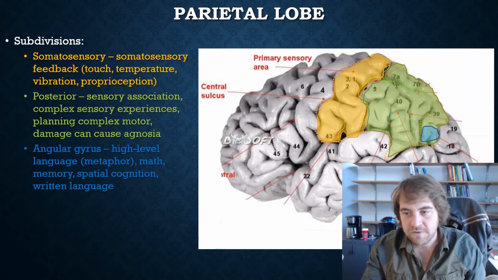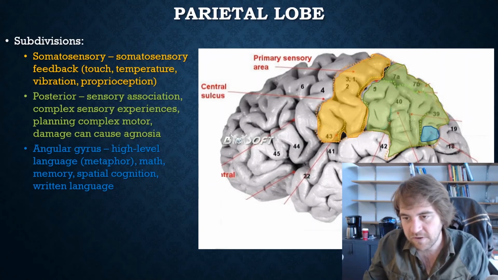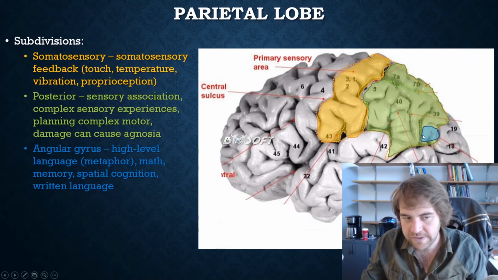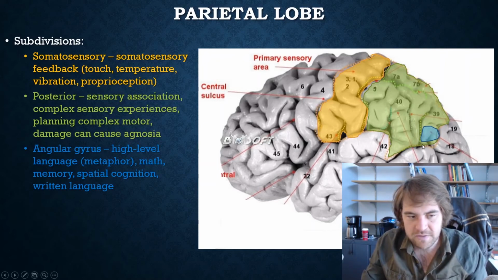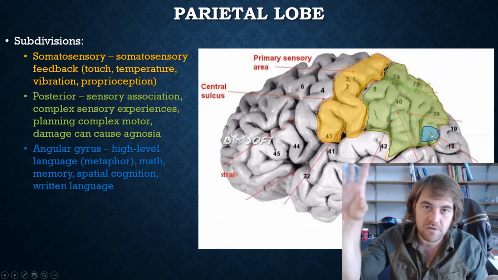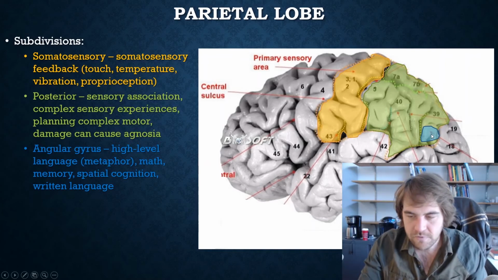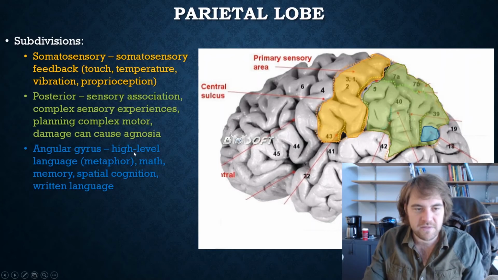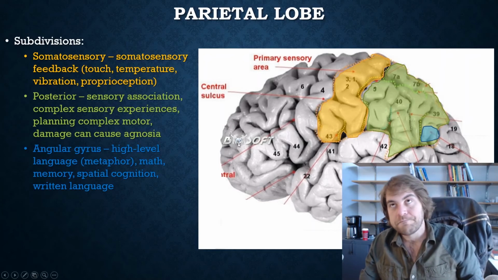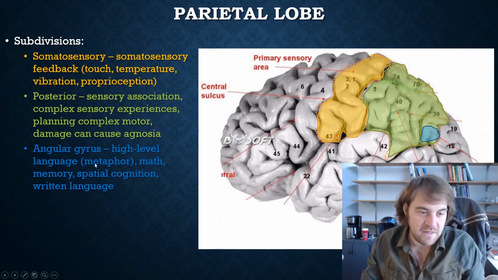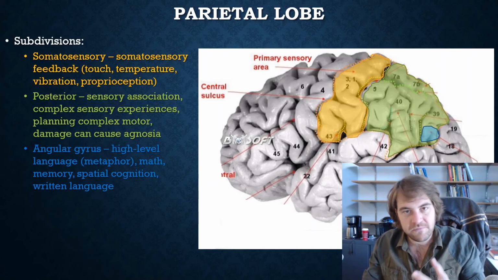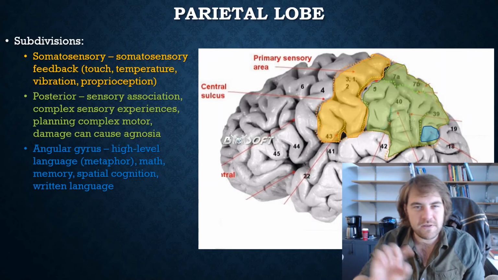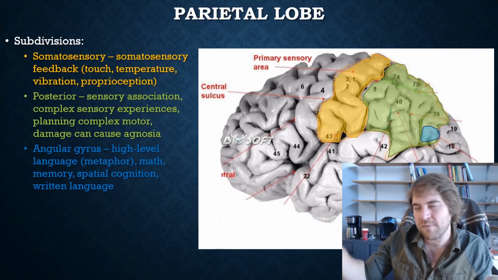The angular gyrus is this tiny little area right here that's actually been shown to be very active for mathematical language and math processing, and also spatial cognition. Oh, and high-level language is processed there as well. So when I say high level, it says metaphor here, but like similes, metaphors, all that flowery kind of language, stuff that doesn't have necessarily a direct map. It needs to be